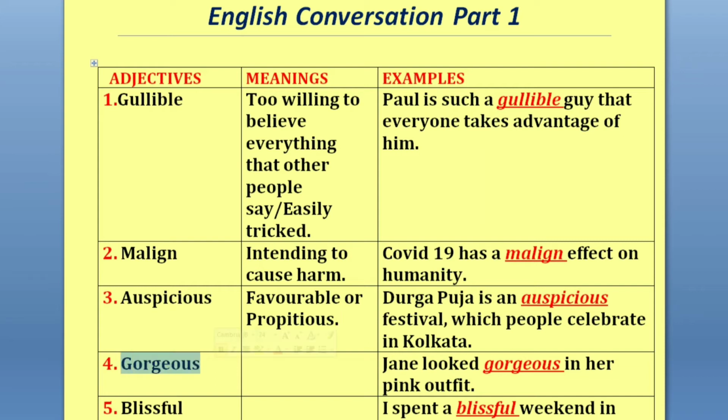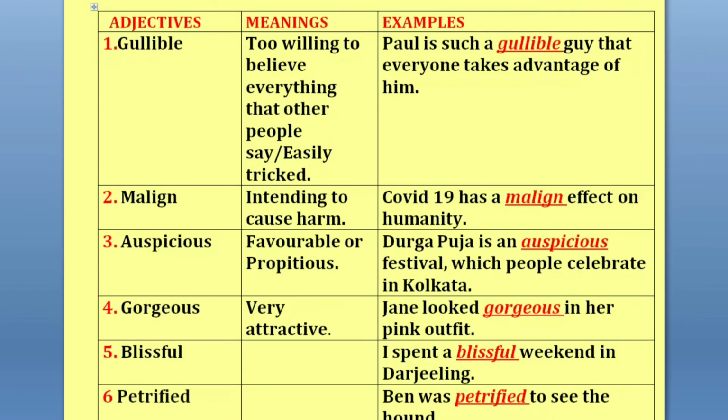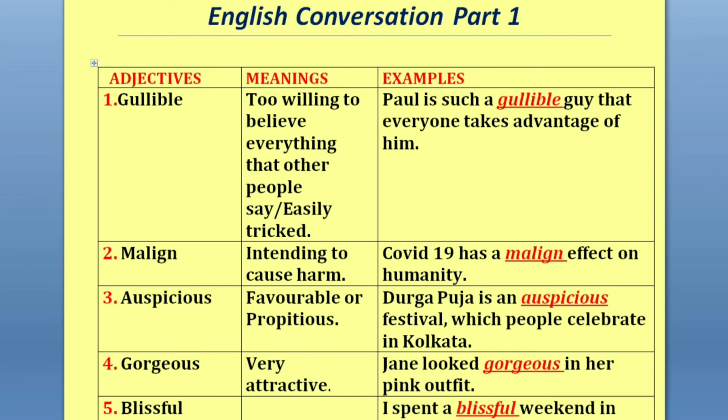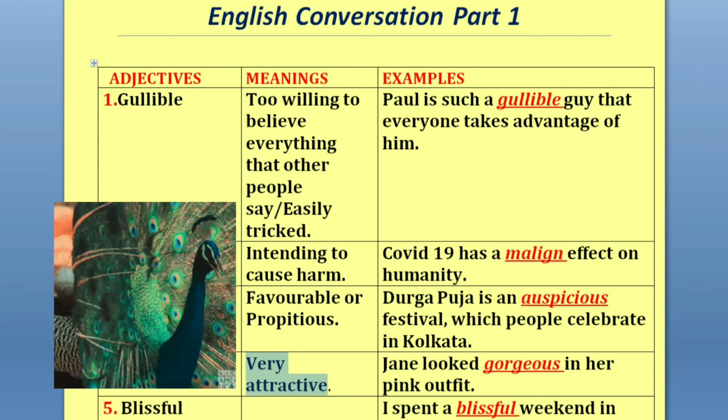So up next we will see the fourth adjective for today, that is gorgeous. As you see on your screen, the fourth adjective for today is gorgeous, and this one is also quite useful in your daily conversation. As you know, this is also used commonly, means very attractive or beautiful. As I'm typing the meaning, instead of very attractive, you can use this term gorgeous or beautiful, right? Especially we use this to describe beauty. As you see the example given over here, let me read it out. Jen looked gorgeous in her pink outfit. That means she looked very beautiful or attractive, okay?